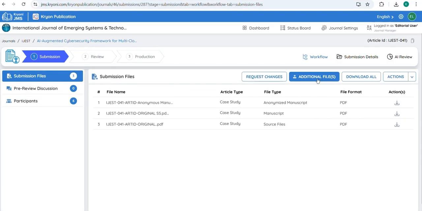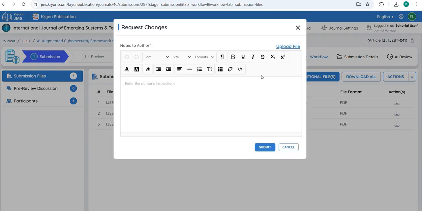And the next option is request changes. After reviewing the manuscript, if the journal manager feels any changes are needed, they can use this option to request changes from the author. So here is the section where the journal manager will enter what changes are needed.